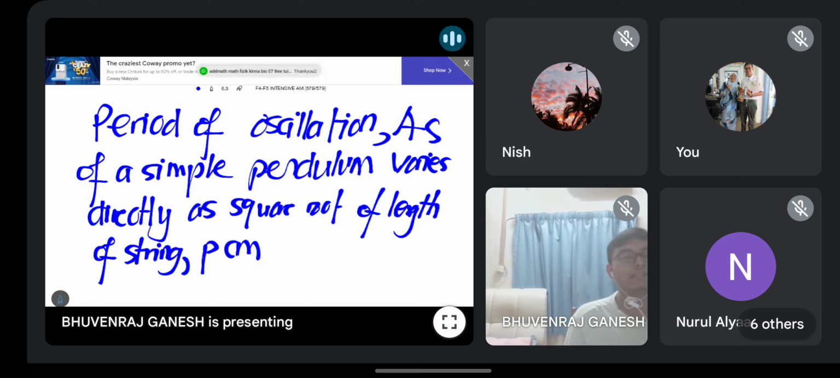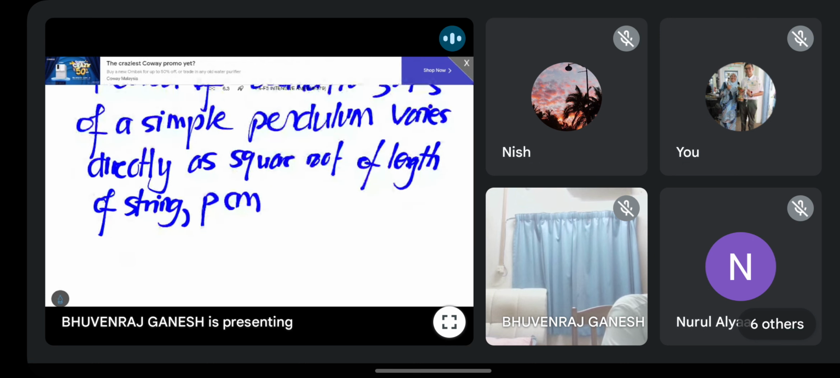Okay guys, so basically saya translate sikit. Tempo ayunan bandul ni dia adalah berkadar langsung dengan punca kuasa 2 panjang string bandul tu. Okay, so this is the question in BM. Okay guys, so first part that you all must know is, siapa boleh bagi tahu saya? Wait, before that,